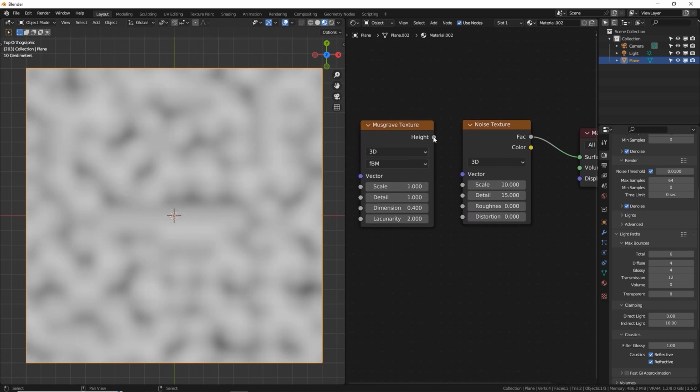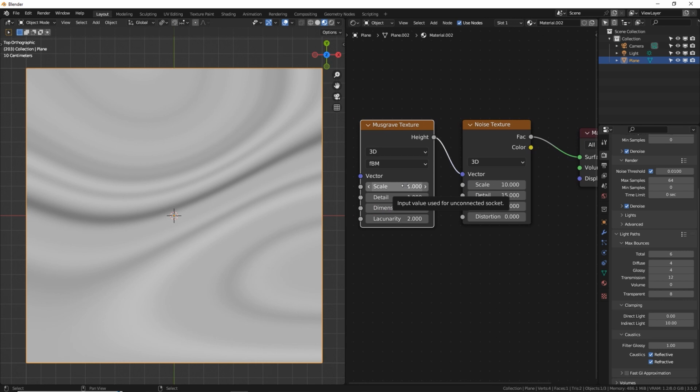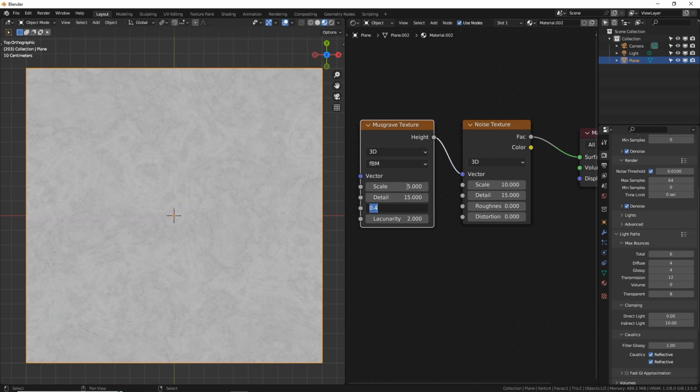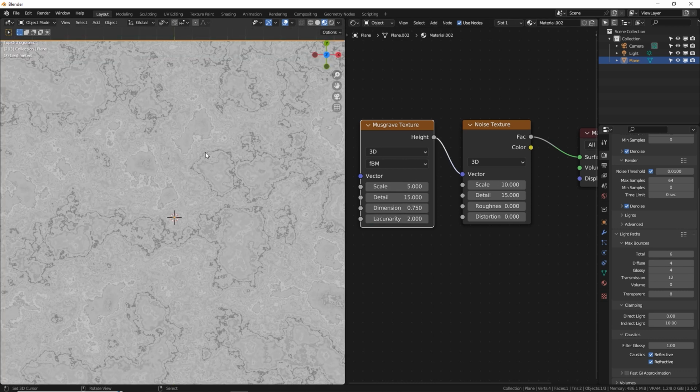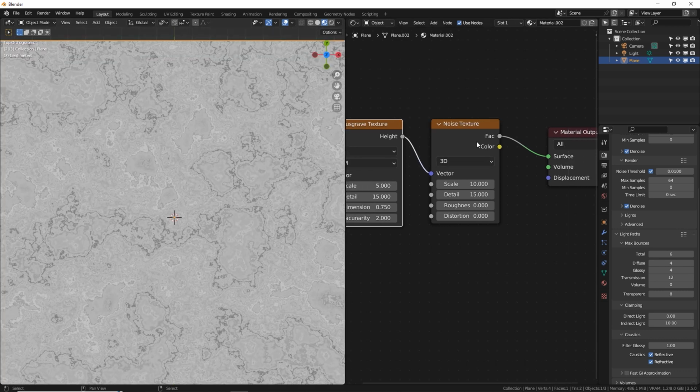And then for the Musgrave, let's plug it into the vector. And let's put these settings at scale to 5, detail 15, dimension 0.75, and lacunarity to keep it at 2. Now we have almost a marble texture. And remember, because